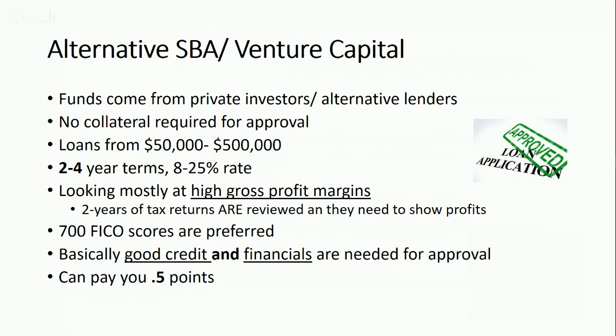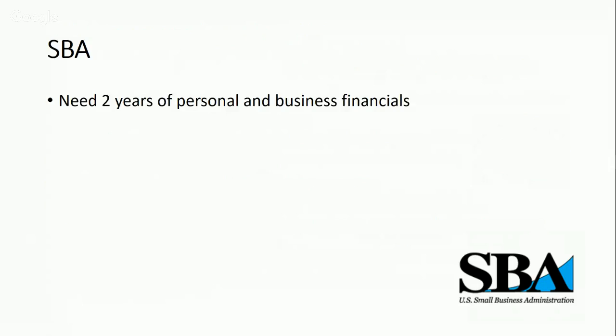And again, if you're part of the direct funding program, you can make about half points on that as well. So you've got to have 2 years of personal and business financials to get approved for an SBA loan. This is what you're going to typically find at a conventional bank. So with SBA, these are the loans you're going to walk into your bank, and you don't go to SBA